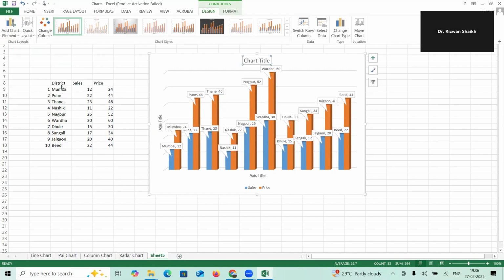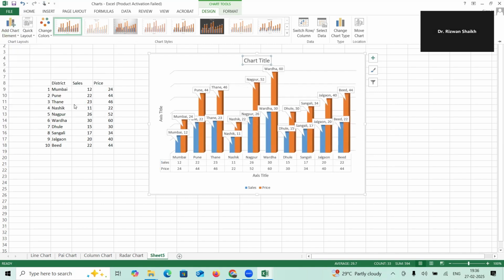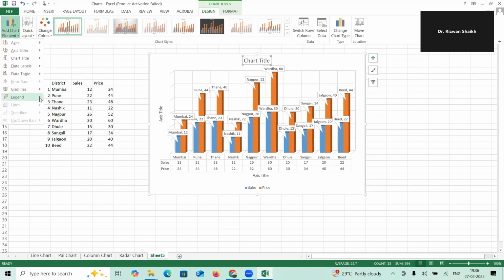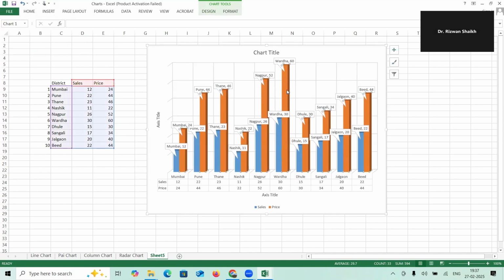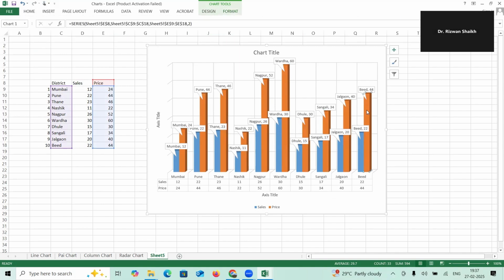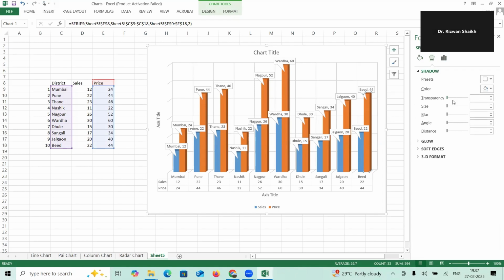Data labels, I'll put data labels also. All elements I'll put. Data labels with legend keys, no legend keys, right? Grid lines, primary major grid lines, I'll also put. So everything I'll put. Legends are also there, at the bottom, yes, fine. So what I will do is increase the size so that you can see. Now I'll check the format, then we'll make it. You can change the color or whatever. So these are each